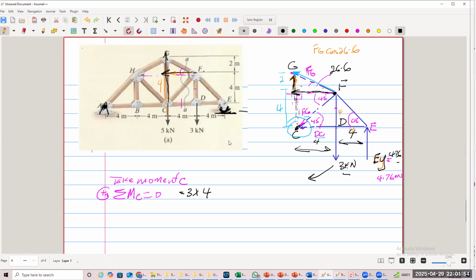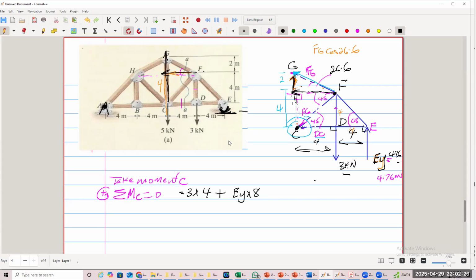So moving from this axis here, the first force we contend with is a 3 coming this way. So it's coming in the clockwise direction, so it's going to be minus. And the distance from C is 4. The perpendicular is right here. And the next one, the perpendicular is going to be there. So the next one is going to be plus, because it's going up. But the distance from C is what? 8. So it's EY